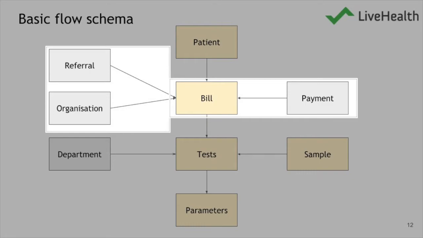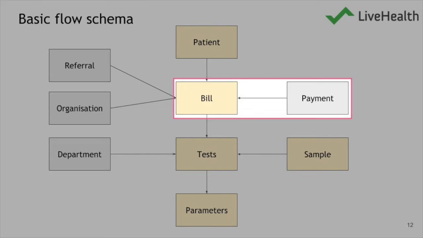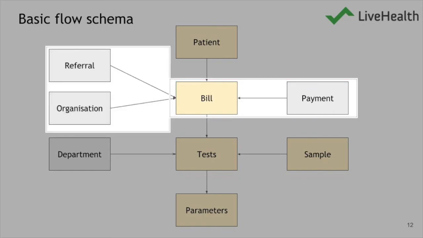Okay, and the bill also has payment associated to it. So each time a payment is made towards that bill, it gets stored in the payment and it's associated to that bill. So one bill can have one payment or multiple payments. It can be done in parts, where one example would be that the patient has made part of the payment while billing and part while collecting the report. Or part of the payment is paid by the patient and part is paid by the organization, so it's like a co-payment of that bill. So all of this information is related to the bill.